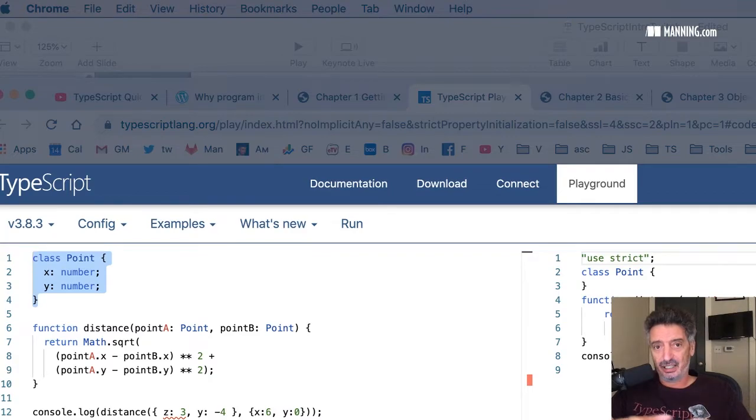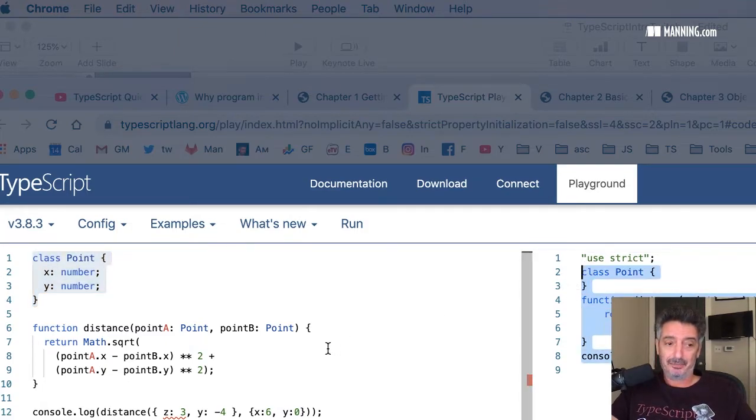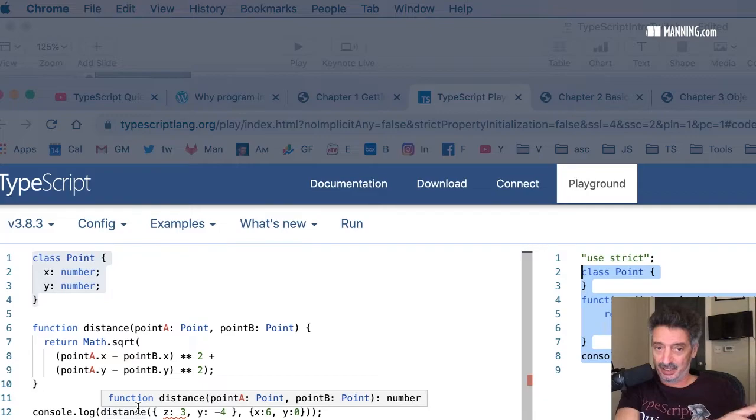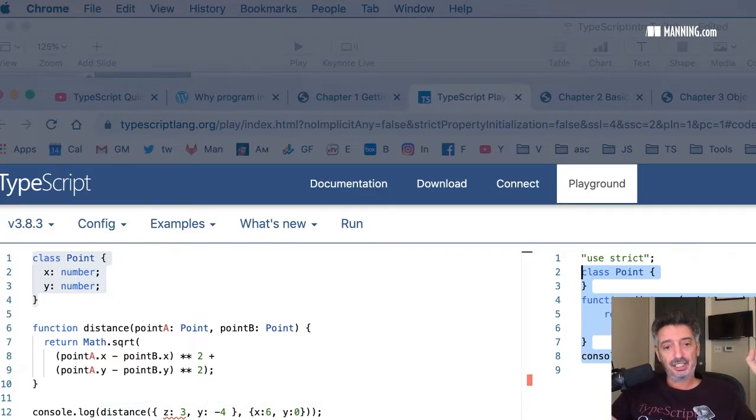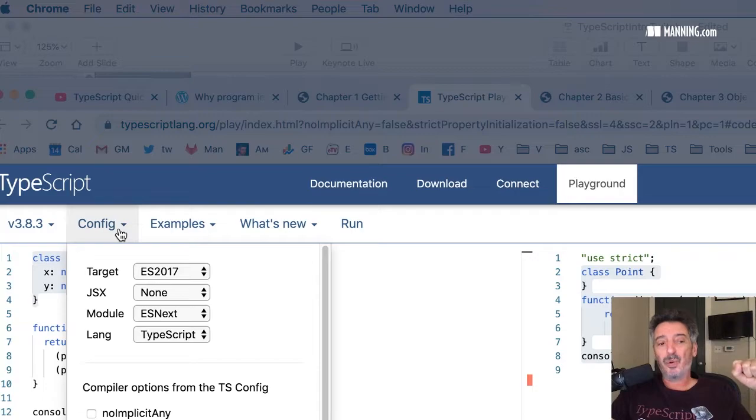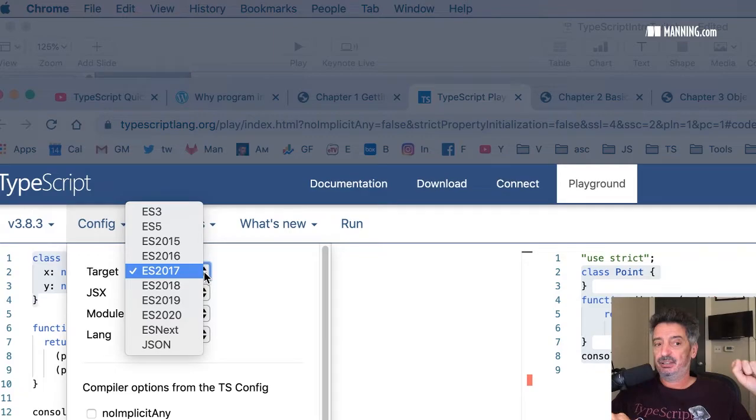But you can define your own type. Like in this case, I was using the keyword class. By the way, JavaScript has classes as well since 5 years ago, since ES6 spec. And look at this, on the right-hand side, the JavaScript code was generated based on my TypeScript code on the left-hand side.